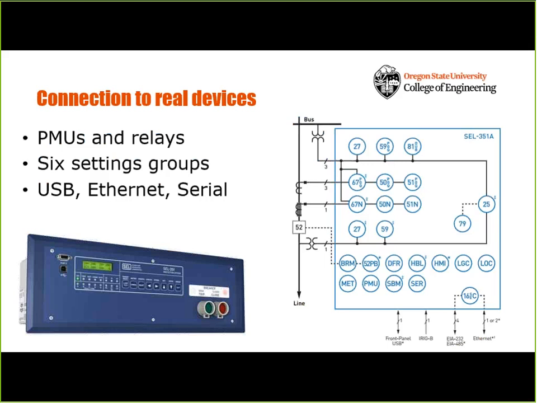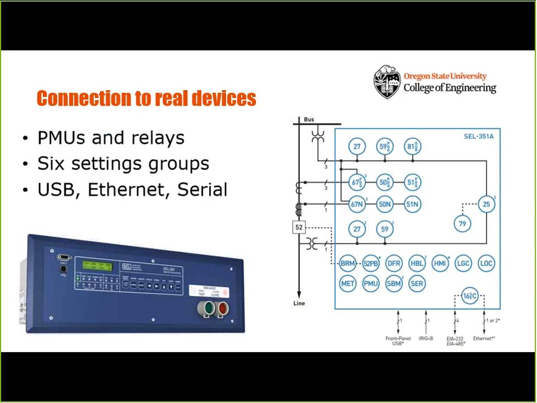So how does this work with real devices? On the bottom left there, we have an example of a PMU. This is a SEL 351. Any more, PMUs aren't just PMUs, they're PMUs and relays. This one, for example, has all the boxes or little circles on the right there. Those are all different protective devices that are integrated into this unit. There's a synchronism check, undervoltage, overcurrent, overvoltage, directional overcurrent, and frequency. So you can do a lot with just one PMU.